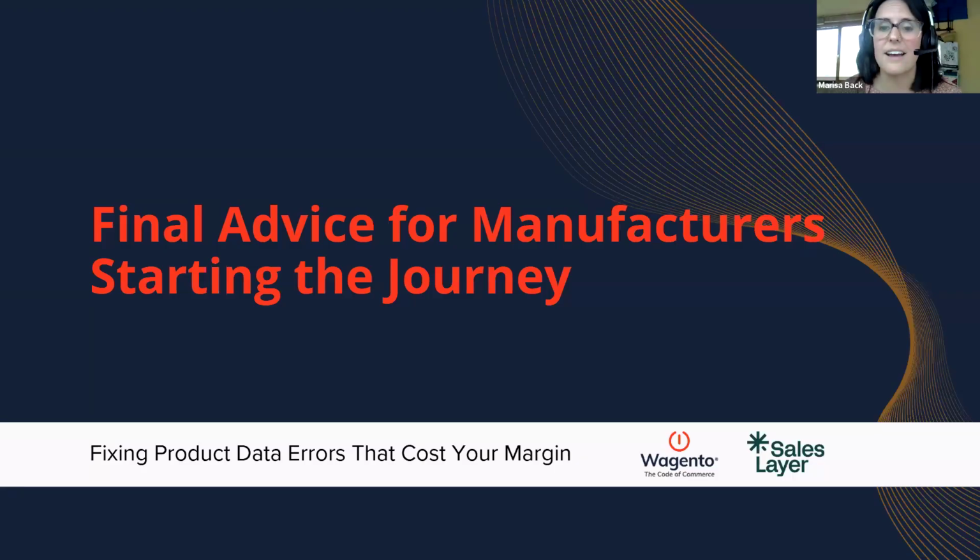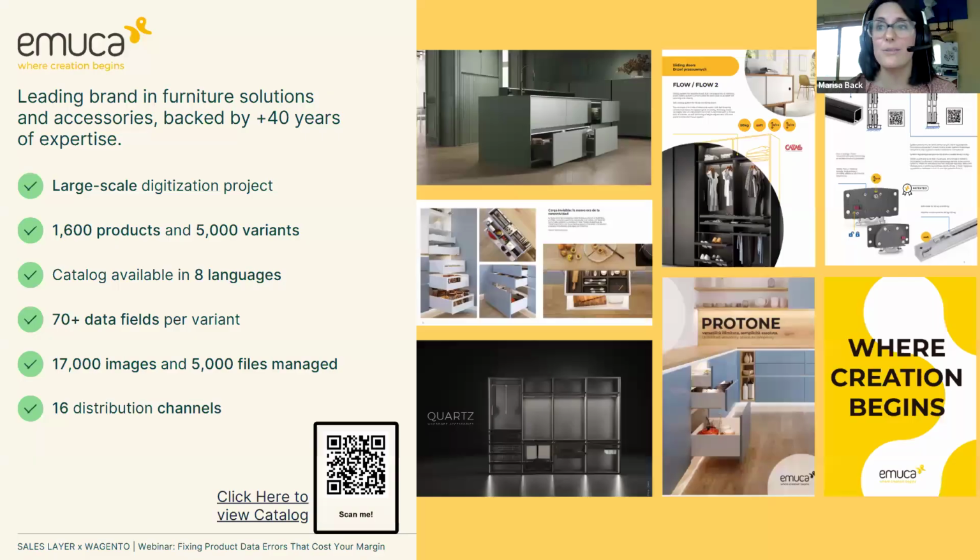And here again, to add to the advice, I wanted to leave a little bit of advice and then a little bit of inspiration, right? This is going to be a customer, and if you grab your phone, you can scan the QR code, and this will route you to their website, and you can see how they've been able to organize all their product information. They've utilized our PIM to manage their 1,600 products. Amuka was also having to manage over 5,000 plus variants with their products.